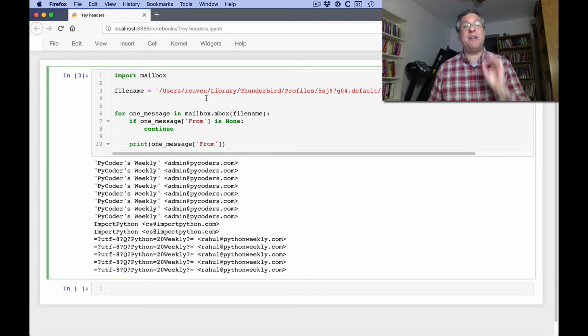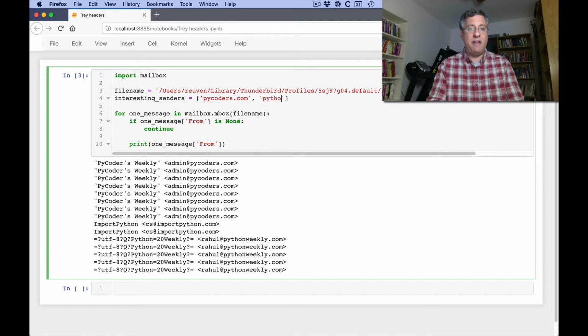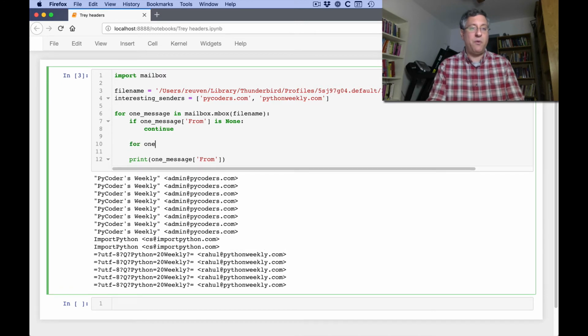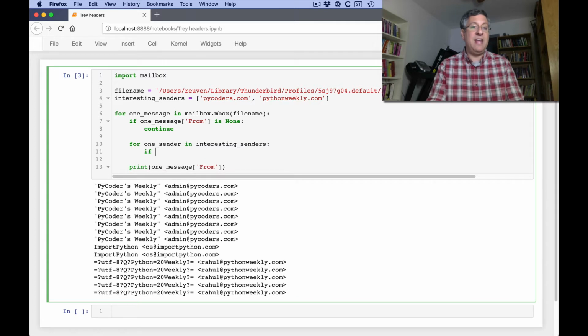Let's assume, and I'm not trying to play favorites here, I'm only interested in some of them. So I can say here, interesting senders equals, I can say, admin at pycoders.com. And let's say here, pythonweekly.com. Again, I'm not playing favorites. And then what I can do is go through it. I can say here, for one sender in interesting senders, if one sender in one message from,